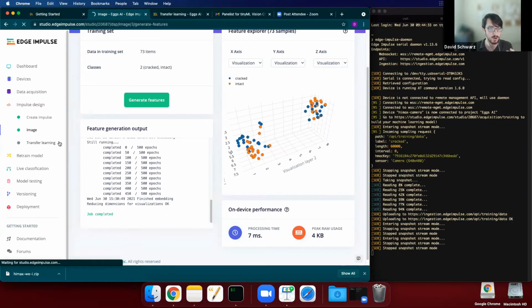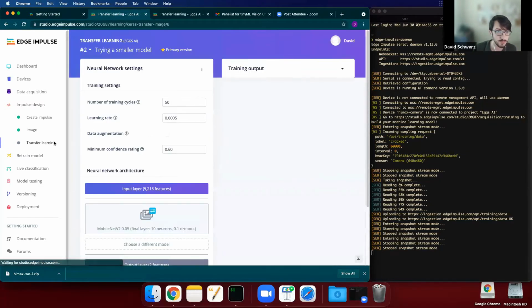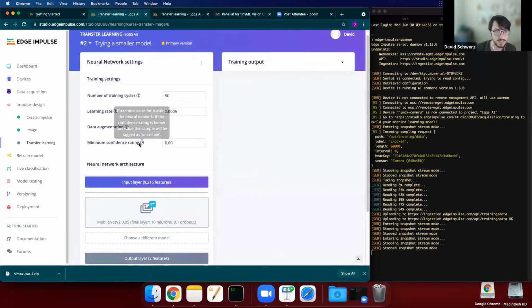So now once we have our image features, we're going to move to the transfer learning block. I've set this up with some standard Studio-recommended hyperparameters in terms of the number of training cycles, so how many iterations we're going to go through training the model on our data set. The learning rate, which is how much the weights of the model are adjusted each time we go through a